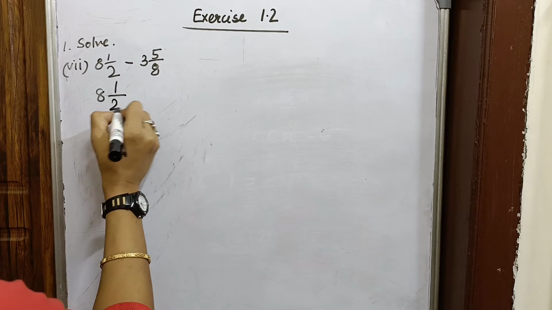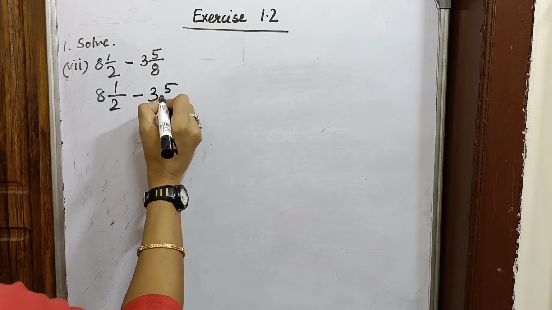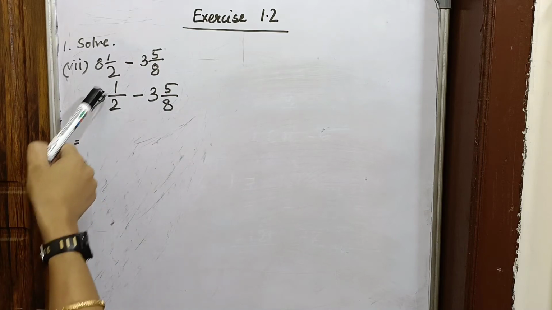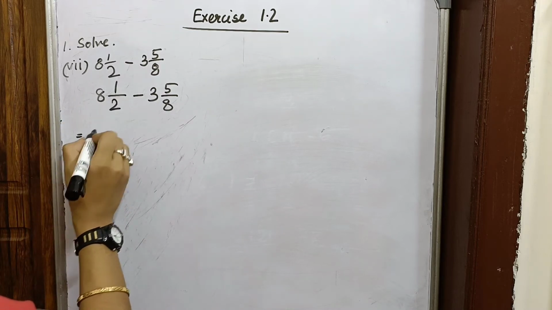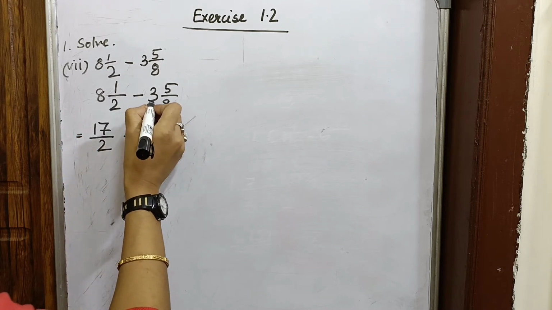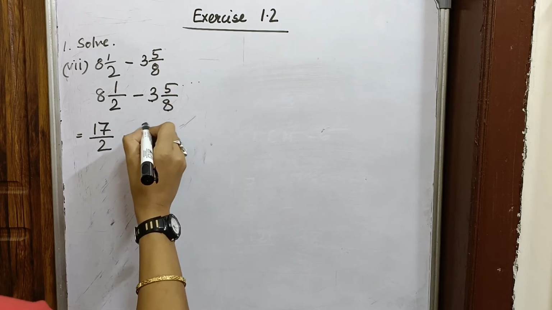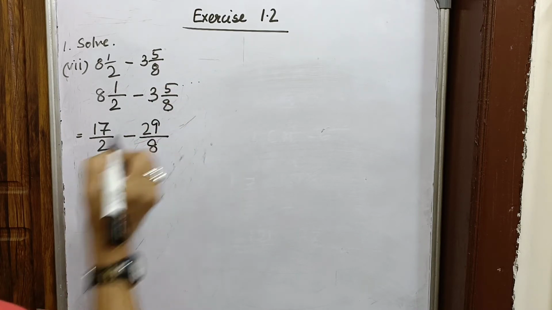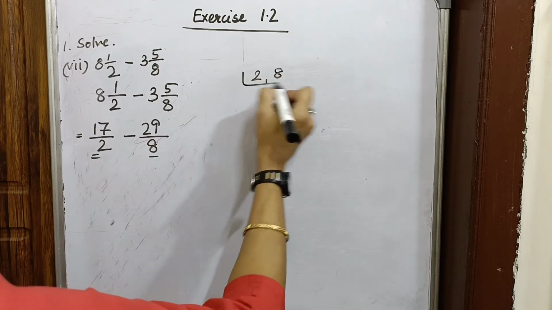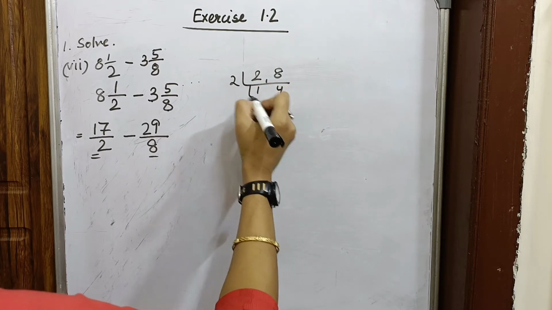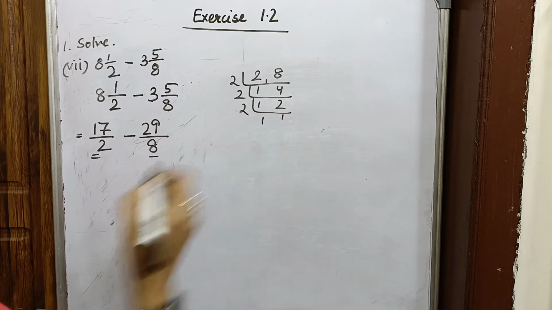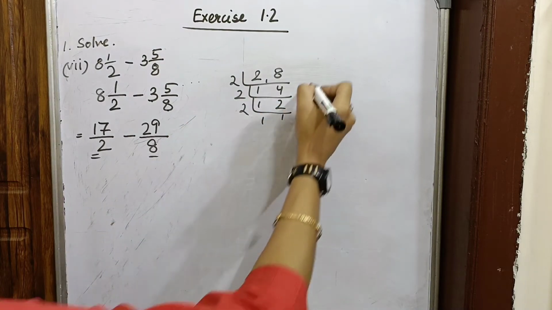8 1 by 2 minus 3 5 by 8. First we'll convert into proper or improper fractions. 2 8s are 16 and 1 is 17 by 2. Minus, 8 3s are 24, 25, 26, 27, 28, 29, 29 by 8. Now LCM of these two, 2 and 8: 2 1s are 2, 2 4s are 8, 2 2s are 4, 4 2s are 8. So LCM is